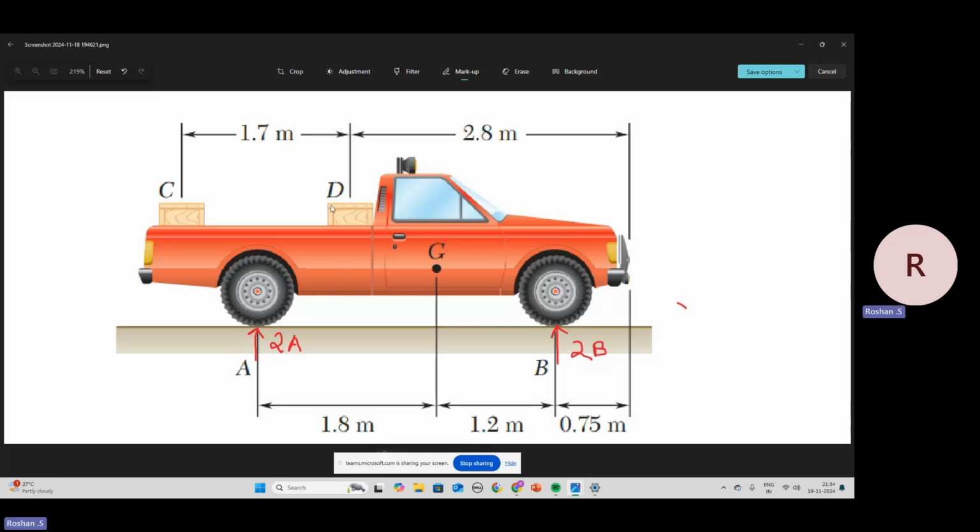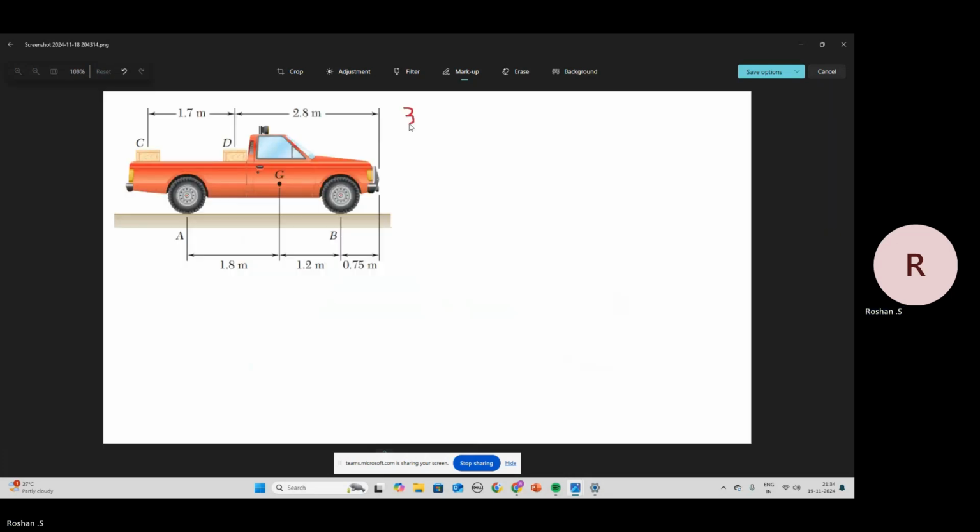And here the mass of this carton we know is 350 kg, so it's going to act downwards. The mass of this is going to act downwards, and the mass of the truck is also going to act downwards. So 350